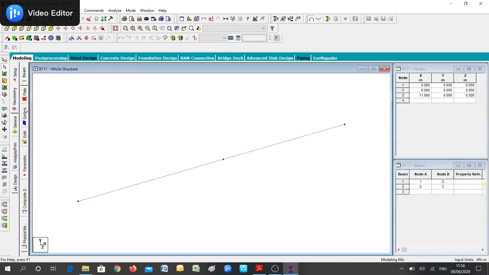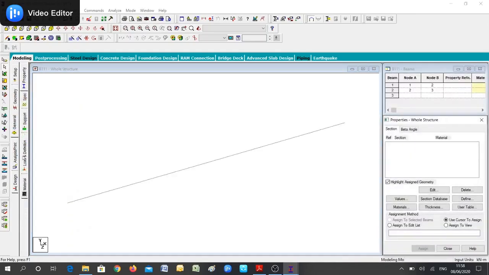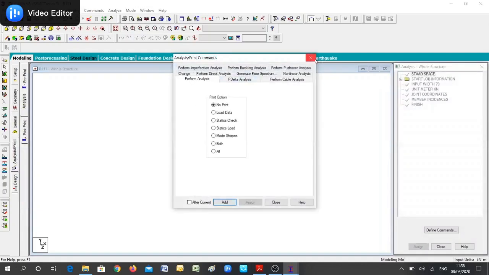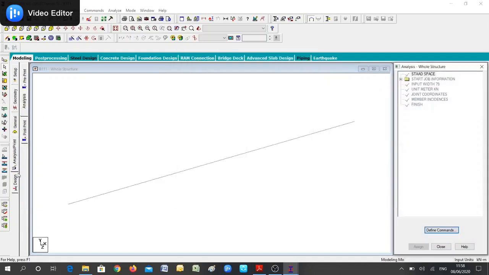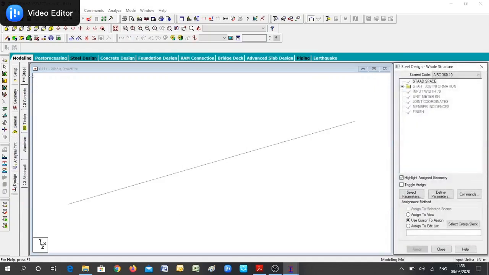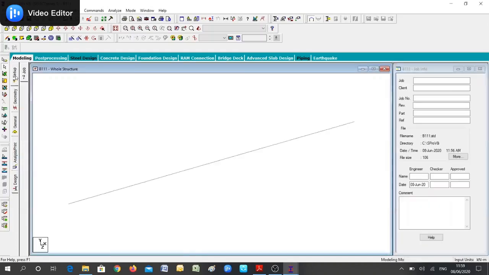If I click on geometry, again the second column changes. If I click on general, again the second column changes. Again analysis, if I click, the second column changes. And then design also. So basically the second column comes under the first column, and all these commands are under the first column. I'll go to setup first.